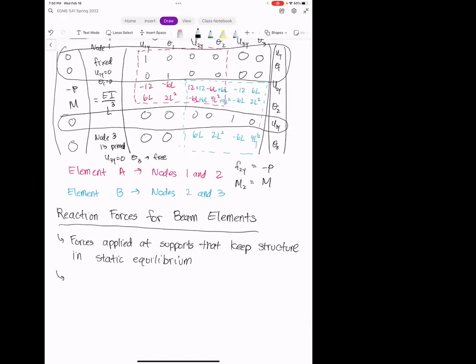And so the way that we obtain these for beams is exactly the same way that we obtain them for trusses. And so after you compute,